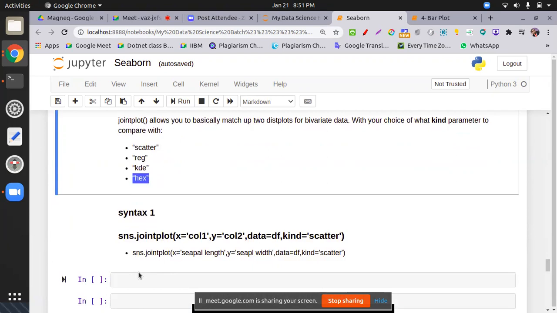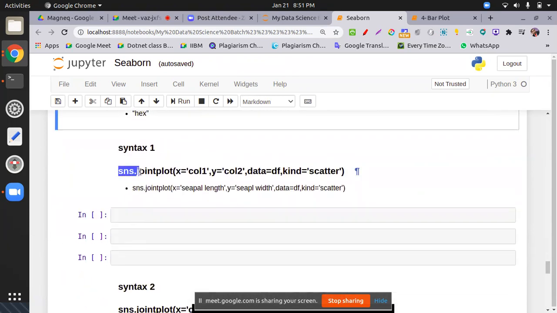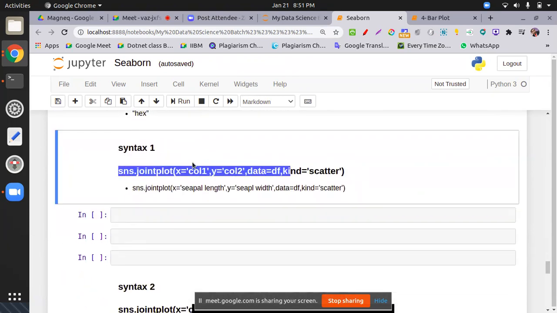Okay, let me see the joint plot parameters. First, it accepts the x-axis value, what you want to put on the x-axis, and what you want to put on the y-axis. Then what is your data frame variable, and what kind of plot you are going to draw using a joint plot.